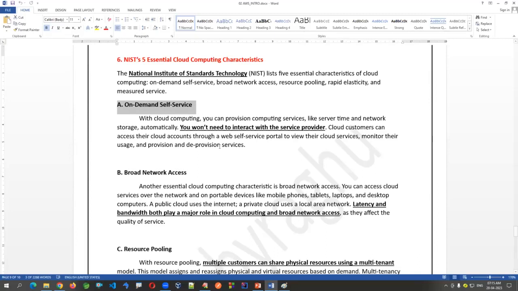What is meant by on demand here? As a human, you should not interact with this every time. You should just give a configuration and move on. It should take care of creating the instances or increasing the memory required based on the requirement. Without human interaction, it should automatically handle network, storage, server configurations and all. That is called on-demand self-service.